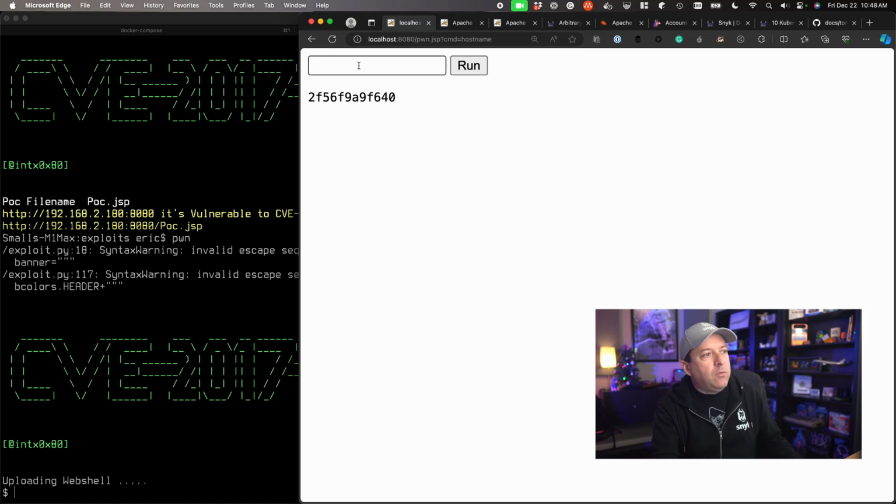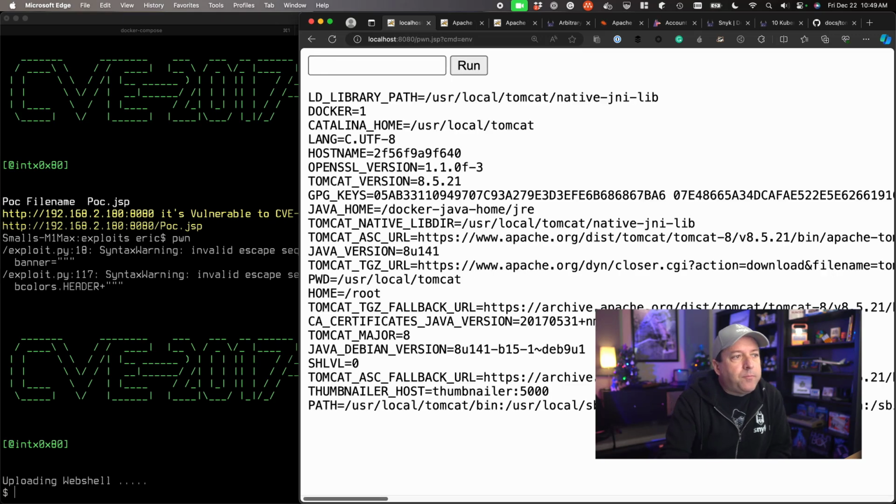That's a very unique named thing, so that tells me I'm in some kind of ephemeral environment. Let's look at my environment. These are the environment variables for the Tomcat process. And I can see things like the word Docker coming up a couple times, so that tells me I'm probably in a Docker container. If this were running on Kubernetes, I would likely see things like Kubernetes API, where I could see the internal IP address from the pod's point of view of the API server and service ports and things like that.